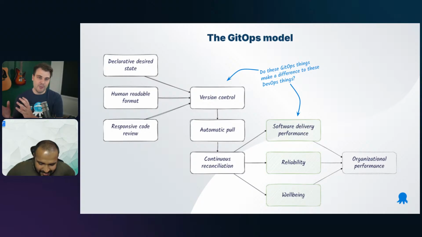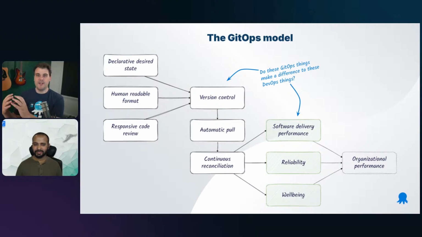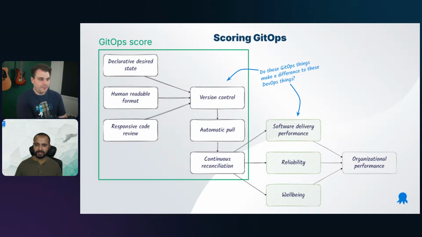on organizational performance. So sort of working backwards from that, we said, okay, if we want to make organizational performance better, we know these things help that from a DevOps outcome perspective. How do these GitOps things relate to the DevOps outcomes? And to try and understand this a bit better, through our survey, we asked obviously a number of different questions, and out of that, we were able to score people based on and give them a GitOps score. And so we scored people based on the practices that they were adopting.